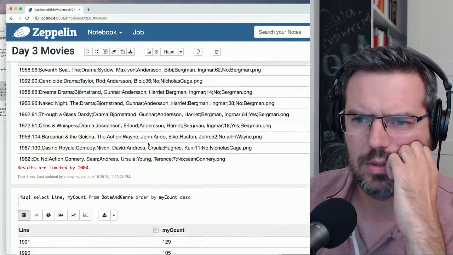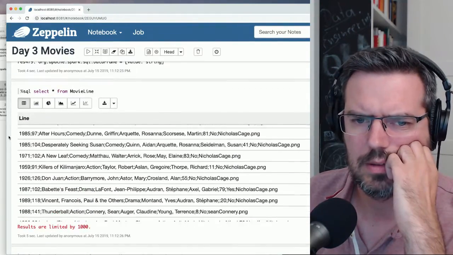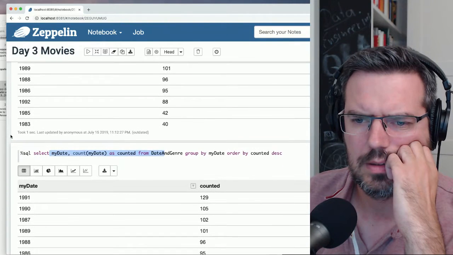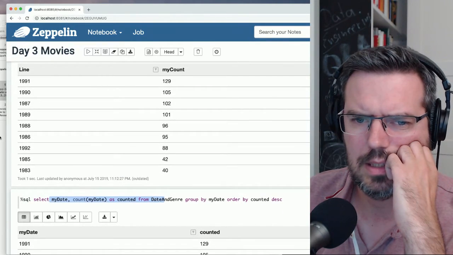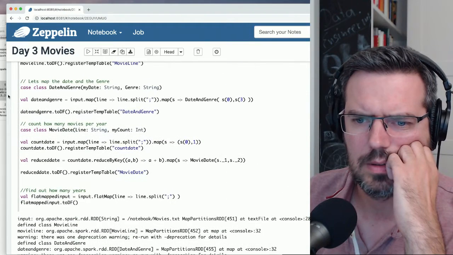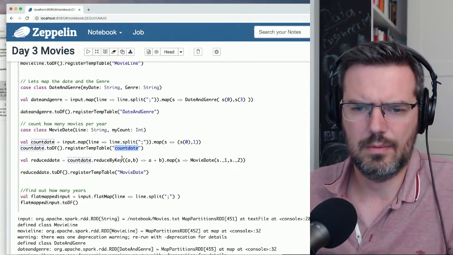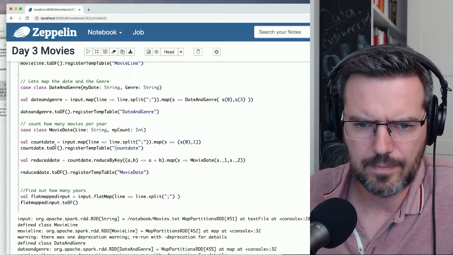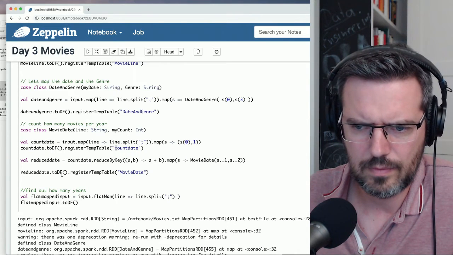Why did I use date and genre all the time here? Here we counted this thing. And here, line, my count from date and genre. Why haven't we used this one here? Movie date.